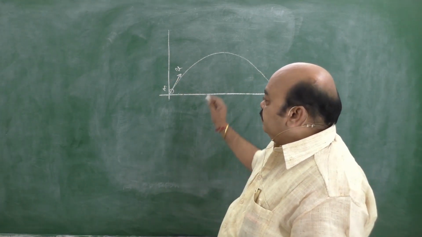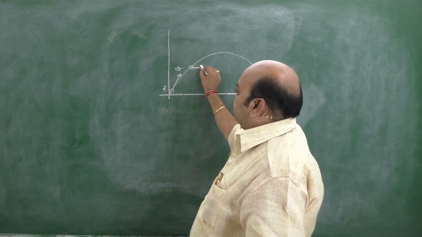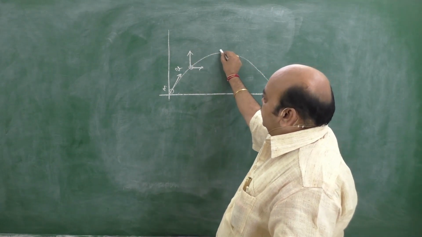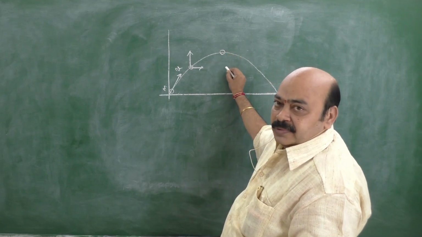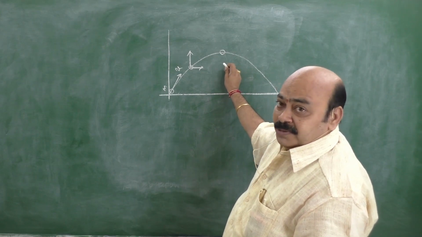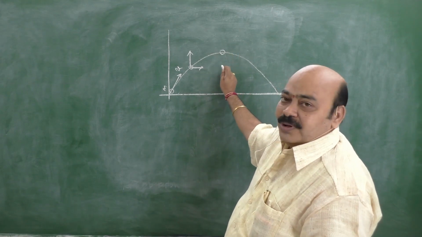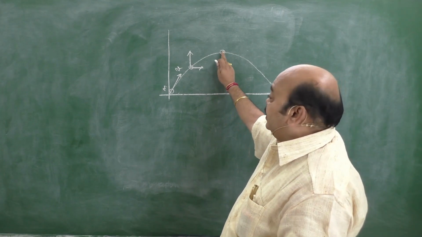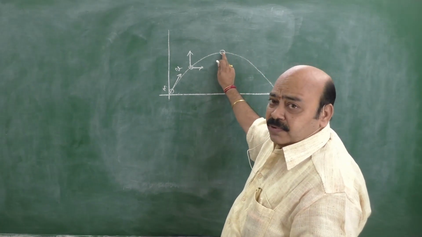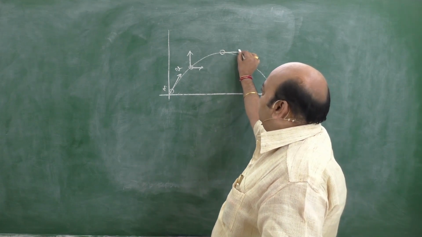At any instant of time, momentum can be resolved into two components: one is the horizontal component and the second is the vertical component. Let us suppose this is the highest point. Can you guess what the horizontal and vertical components are here? Observe carefully. Here there is no vertical motion, so there is no vertical component of momentum. If it had vertical velocity, it would have traveled to some more height. Since it is at maximum height, it has only the horizontal component of velocity.